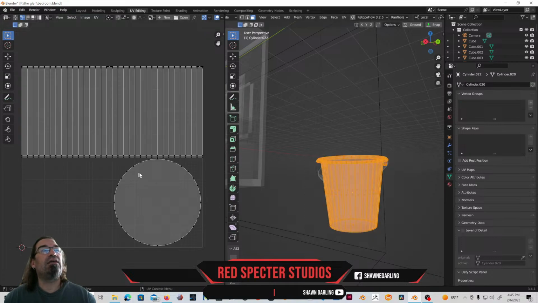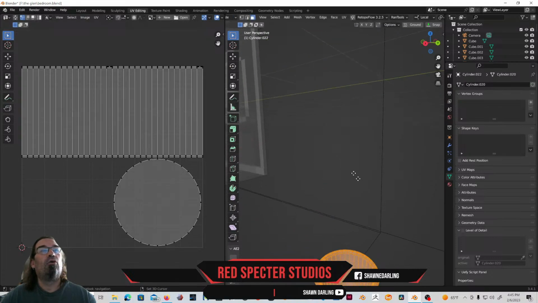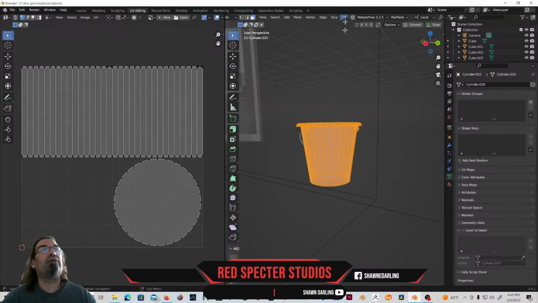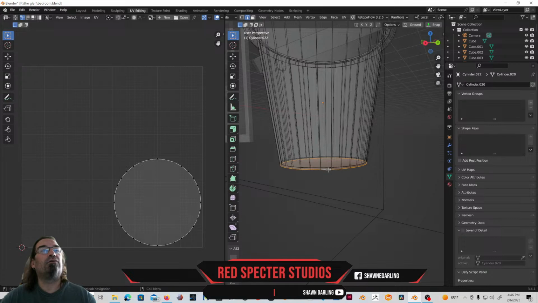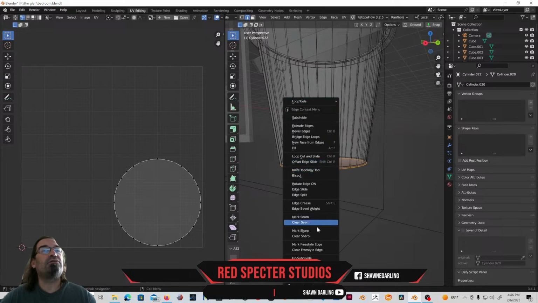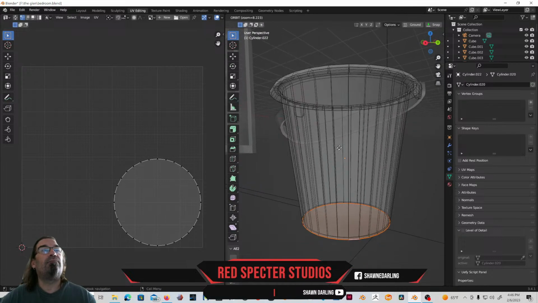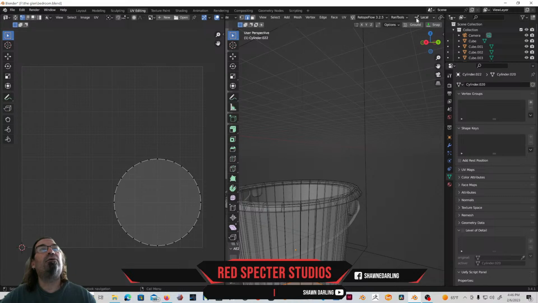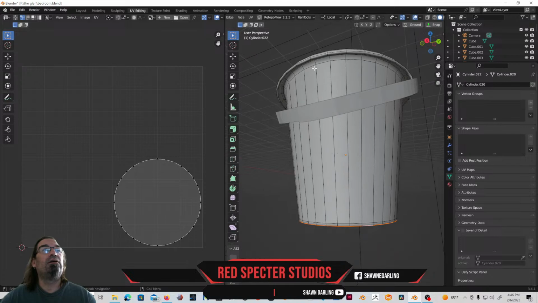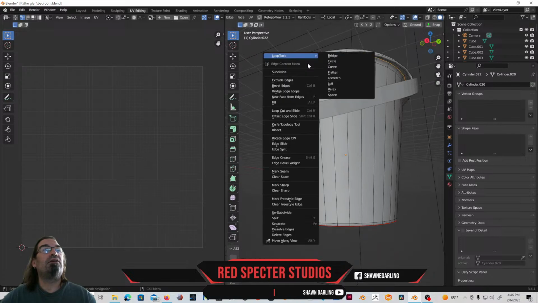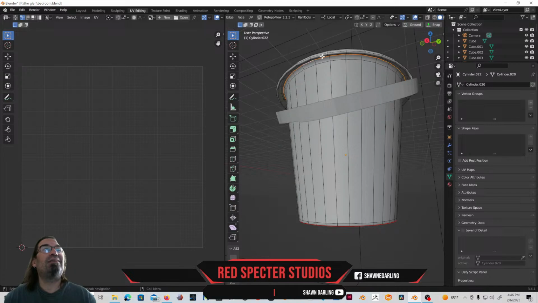So now back again over into layout, we're going to grab the bucket and we're going to select it, and you can see that it's a circle and a cylinder with no seams, which is not great. I'm going to go ahead and make the seams for this one and go into our edge mode. We just alt select the bottom and mark a seam there. We're going to do the same kind of up under. I'm going to take off the X-ray mode for now. It's really hard to see what's going on when you've got that going. I'm going to go ahead and mark this as a seam, and I'm just picking the obvious things that should be seams,